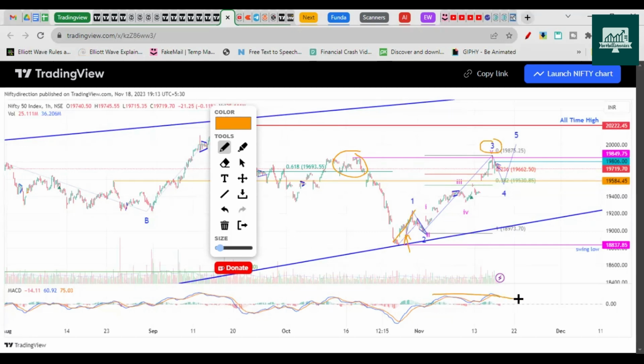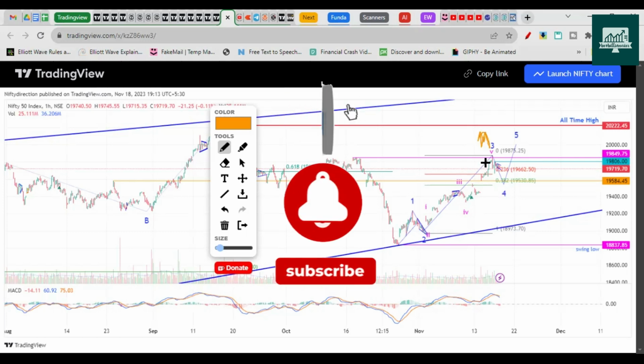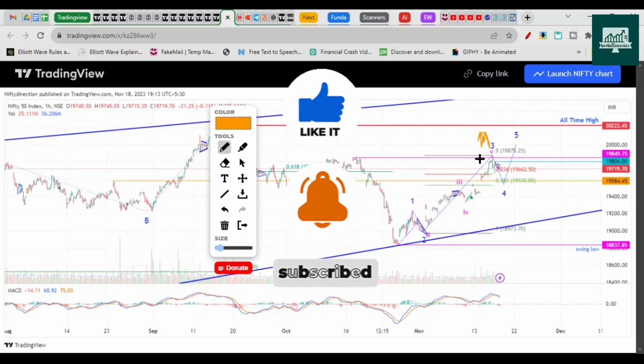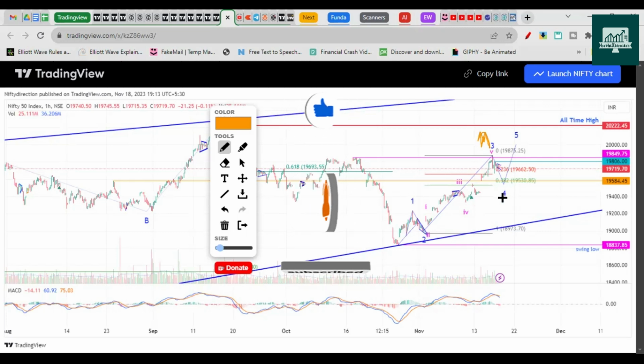You can see here there is no divergence, right? By the way, on the hourly chart, we don't see any divergence. If I would have seen a divergence, I would have marked this as the end of wave A, right? So since this is a zigzag, it should be a 5-wave structure. So I'm assuming one more move to be pending. Unless and until it breaks the 0.38 Fibonacci by a big margin, we should not be considering this as a complete impulse structure here, right?